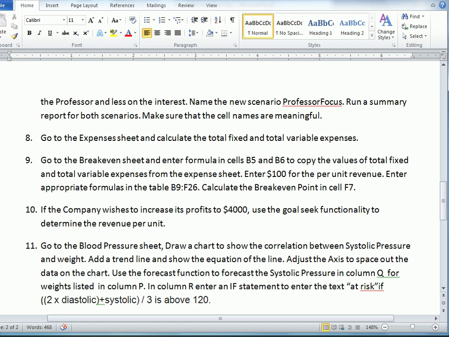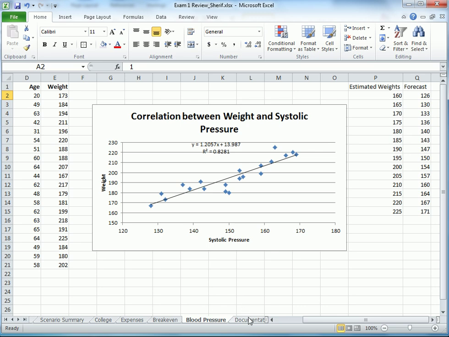Okay, now the last part of the question says, in column R, enter an if statement to enter the text "at risk" if 2 times diastolic plus systolic divided by 3 is above 120. So going back to the Excel sheet,